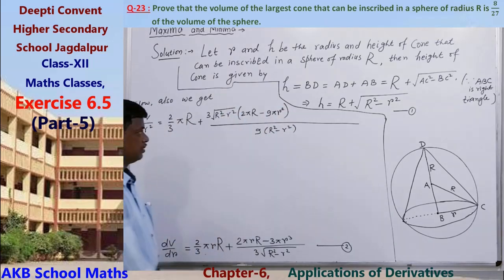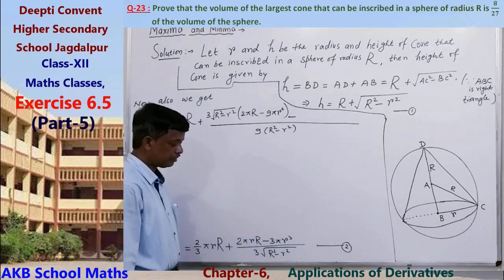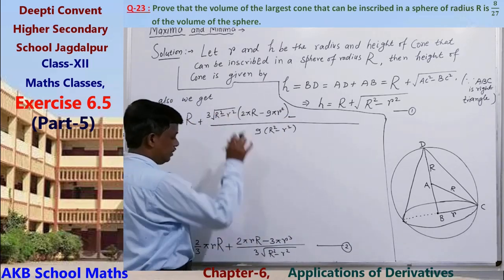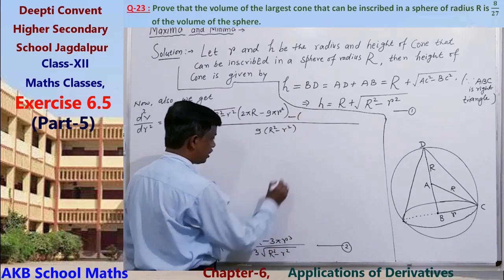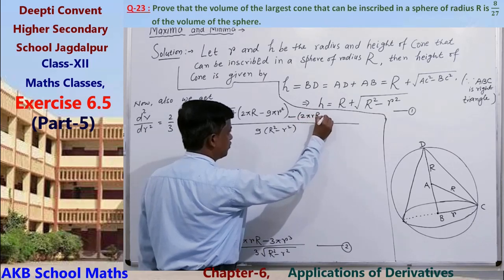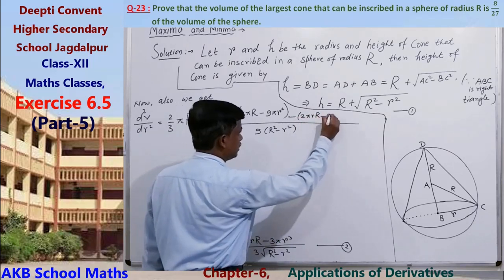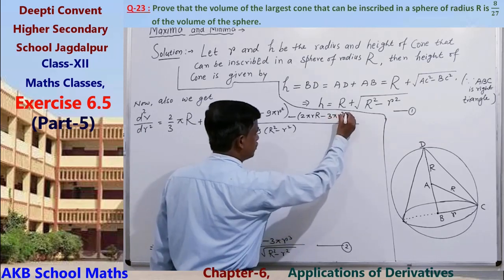Here minus, the numerator as it is, 2 pi R r minus 3 pi r cube, into